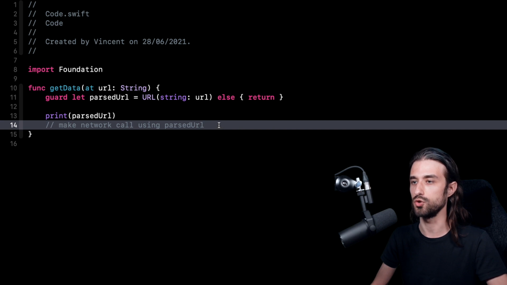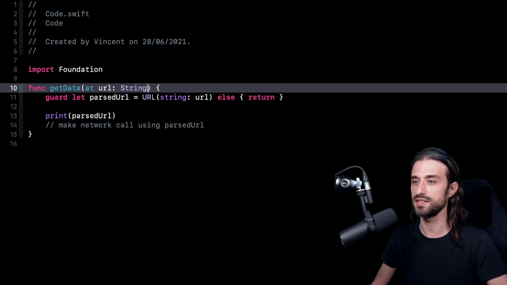So this code looks nice, but if you've ever written this kind of code, you know that the format of a URL, we could say, is very sensitive because here we are getting a string as an input, and if there is just one character that is off, the parsing could totally fail. An example of this is if there is, for instance, an extra white space at the end of the URL in the string.